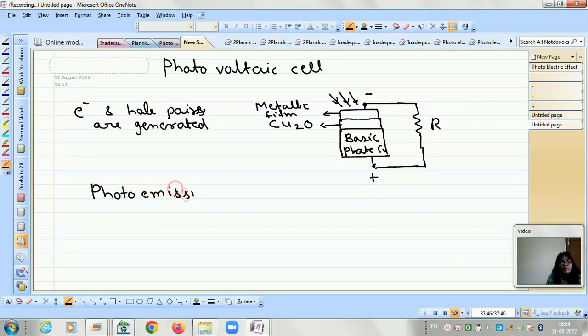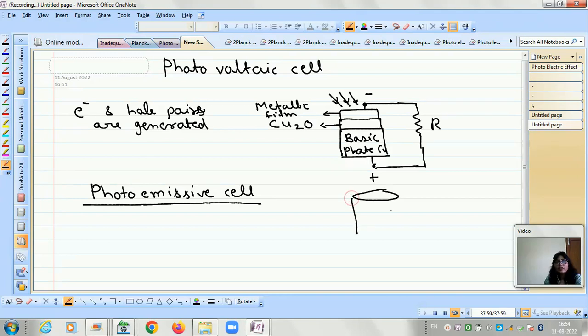So the photoemissive cell is similar to the ordinary photocell which we discussed in the Millikan experiment. There will be an evacuated cylindrical tube, and inside this tube there is a cathode plate, a metallic plate or the photo plate, and then there will be an anode, and between this cathode and anode a positive potential is applied.